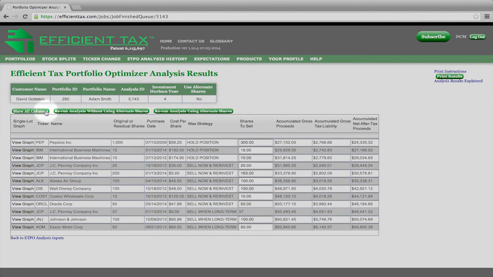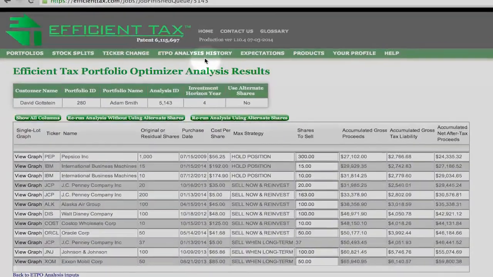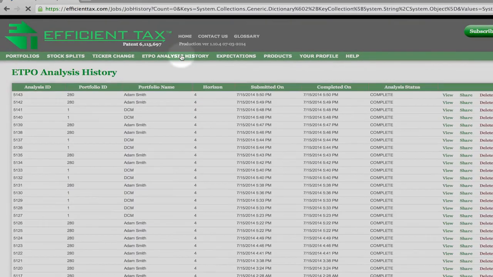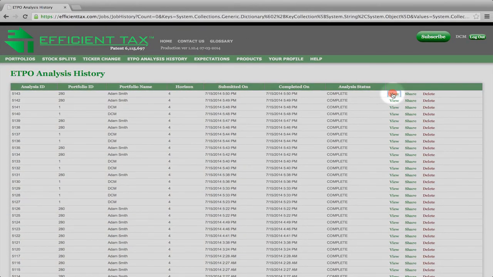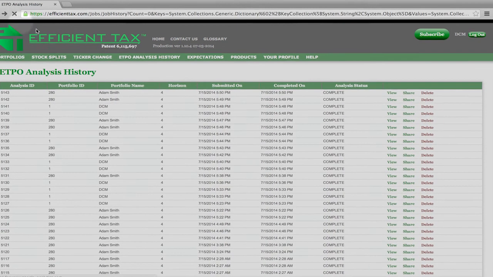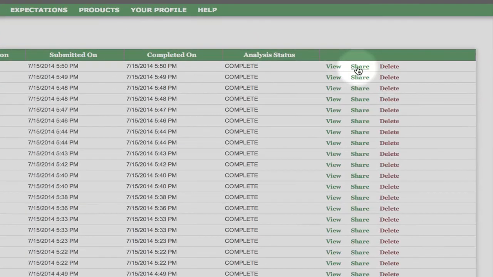And now we would like to take you to the ETPO Analysis History tab, where you will be able to view any analysis previously processed and not yet manually deleted. The results look the same, except that you may not rerun an analysis from here. You will have to go back to the Portfolios tab and select a portfolio in order to process a new analysis. Also, from the History page, you may click the Share button next to any results history